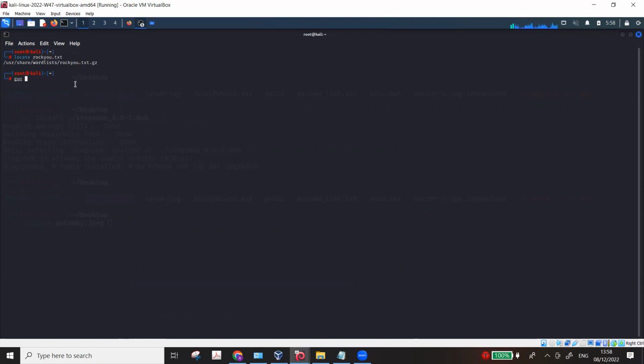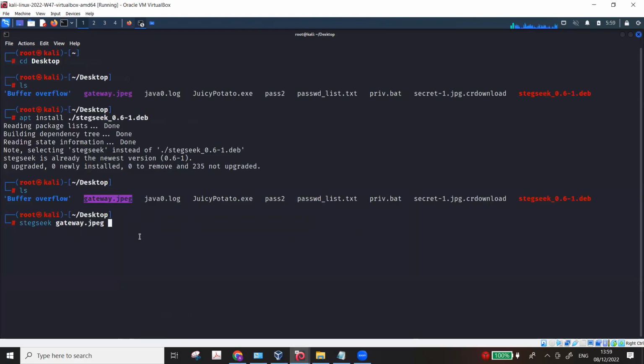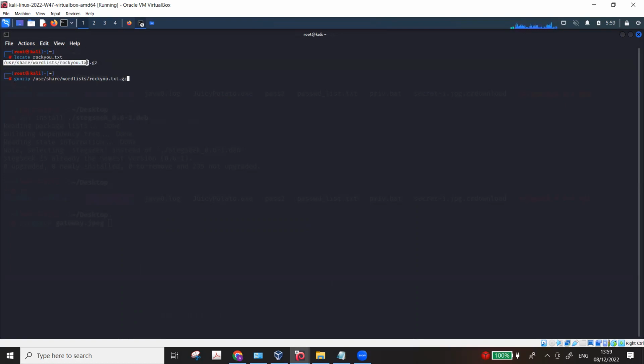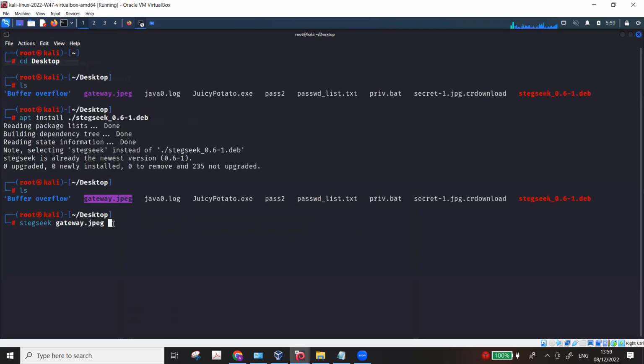So what I suggest is that you use gunzip on this file to extract rockyou.txt from within the .gz file. Run this one first, and then you go back, and you don't need to give the path. If you have your own dictionary, you can give the whole path in front of this, like this. However, since it uses rockyou.txt by default, which should be good enough because it has a lot of